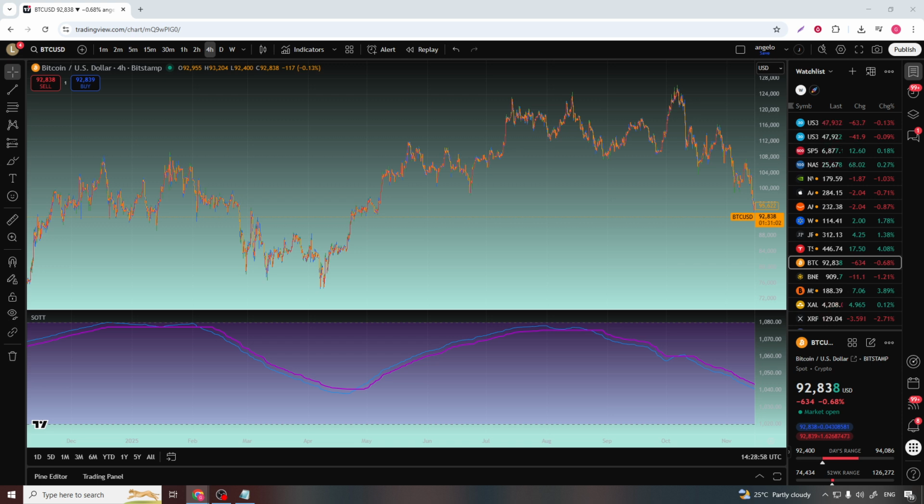From here, you can customize it just like any other indicator. Hover over its name on the chart, click on the settings icon and adjust the inputs or visual style to match your trading preferences. Take a moment to play with the settings so you understand how it reacts to different